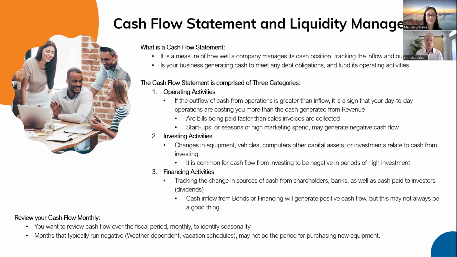Look at the months, August and September, everyone's on vacation, we're negative. But September, May, those are our big cash cycles. So we know, especially in the spring of the year, we need to make sure that we're managing our cash so it covers those periods of negative cash flow. So that's why you definitely want to make sure that you're reviewing on a monthly basis.